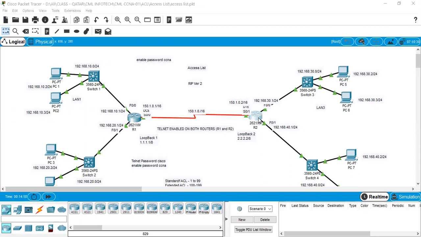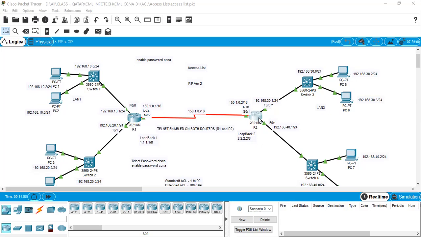Enable, CCNA, config T, interface F0/0, description LAN 3, LAN 4 for F0/1, and the serial interface, description WAN.